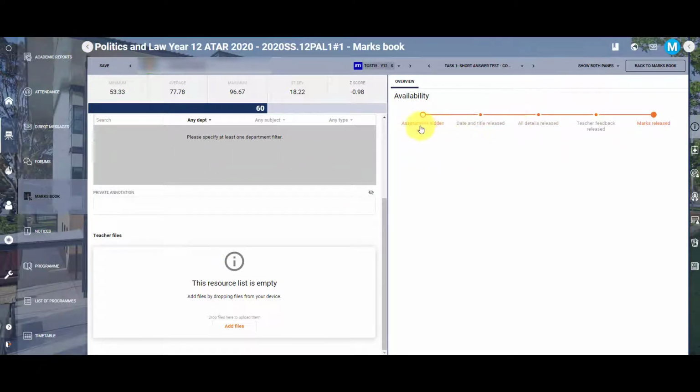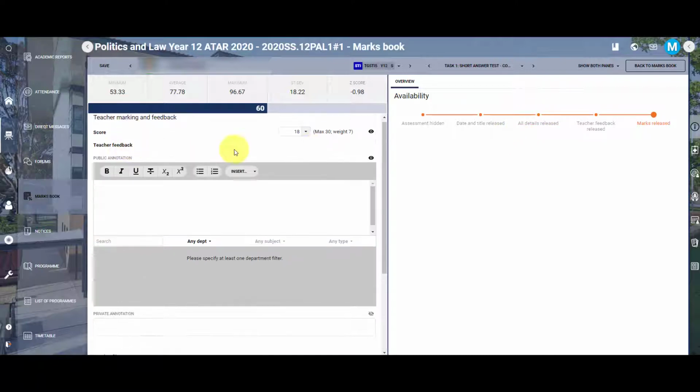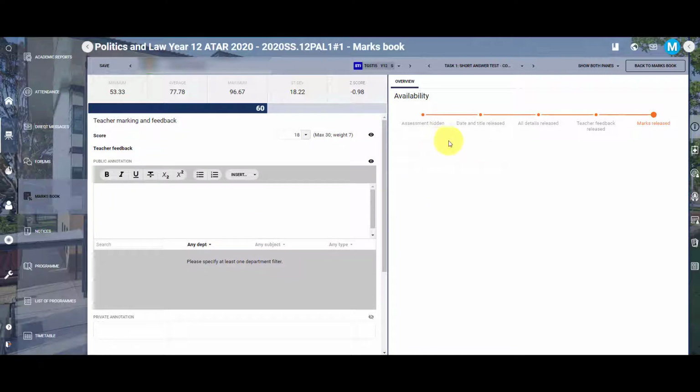Over on the right pane here, you can see the different releases of this assessment. So when we're marking it, it might just be that all details are released. Then after you add your feedback in here, you can go to teacher feedback released. And then after that, you have the option to actually release the marks. So there's a staged approach for each one of these assessments